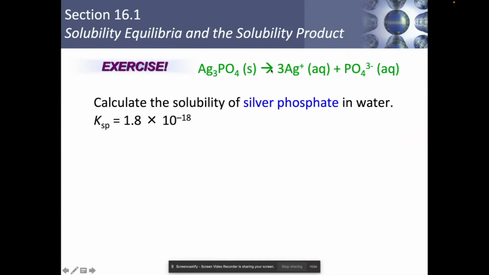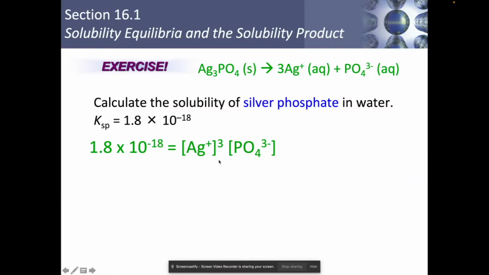So I have 3 silvers, I have 1 phosphate. So how does that work? Well, same exact thing, except I have to cube the quantity of Ag that I have, and I have to not do anything to the PO4 minus, to my phosphate. But that's the Ksp value, so that still goes here,